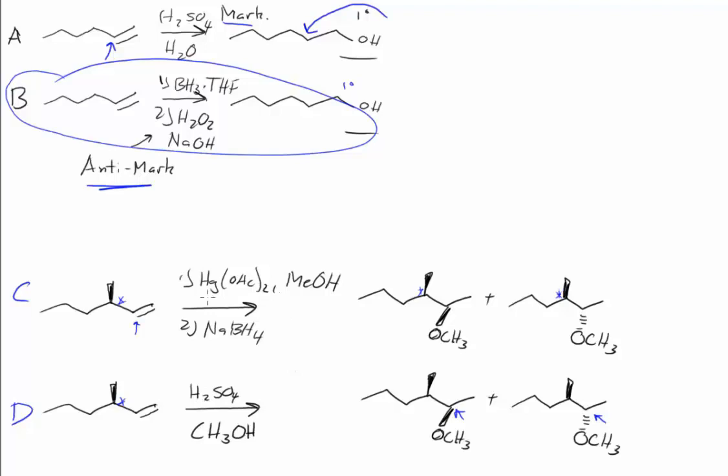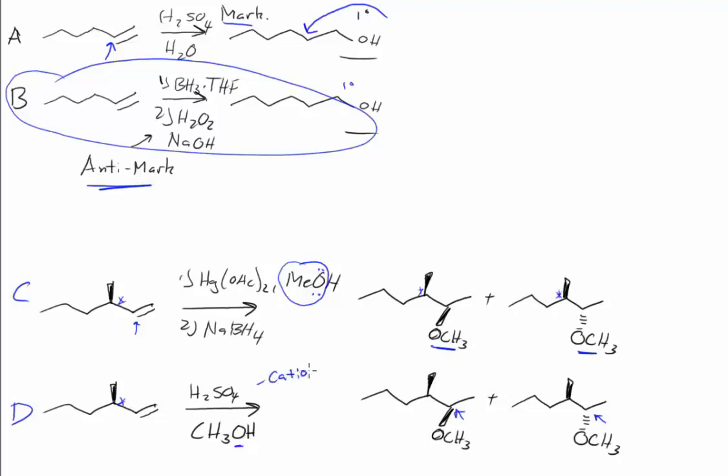And so the first option is the oxymercuration. In this case, methanol is our nucleophile instead of water, and that ends up with MeO on our product. So this is a perfectly valid way of putting on a methoxy. In this case, we have acid, and again, our nucleophile is methanol, and that is also a reasonable way to put a methoxy group on. However,